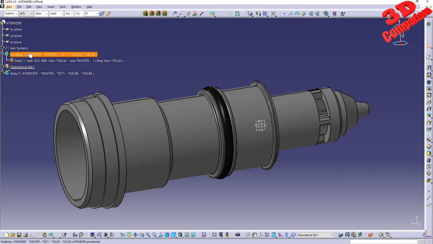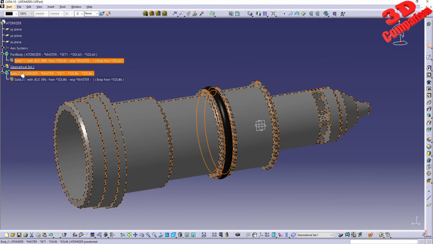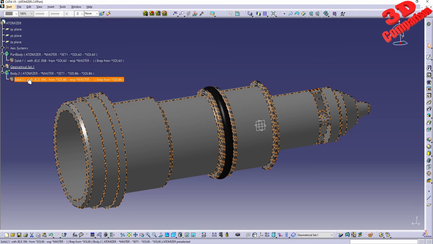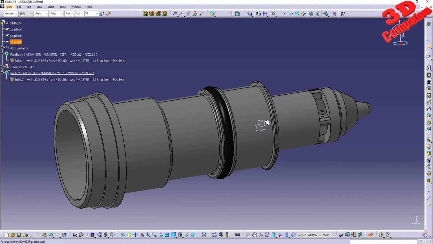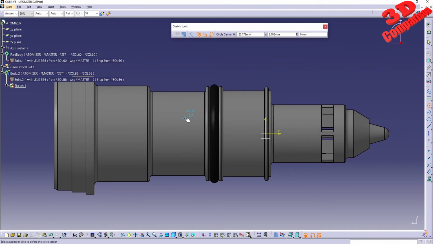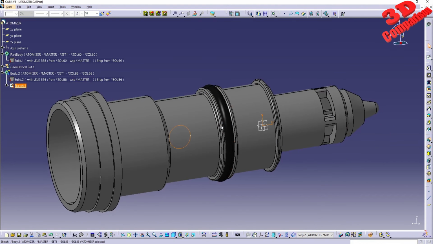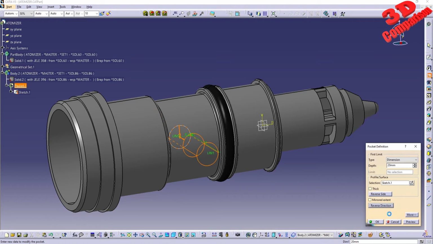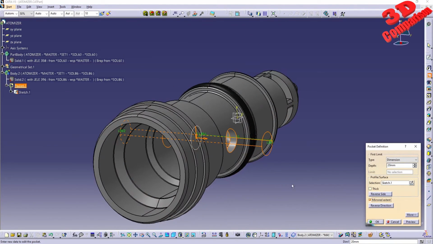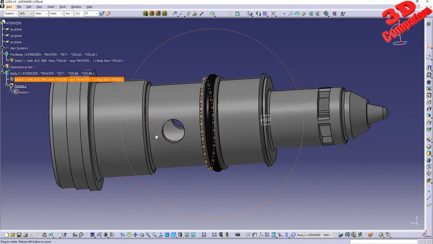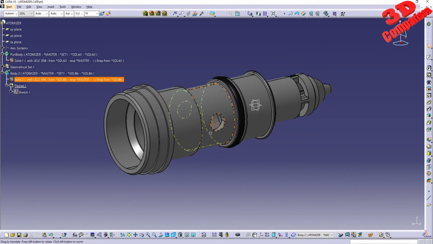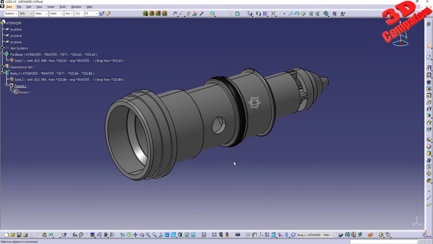And as we can see, we're gonna have the part body over here, which is this one for the sealing element. And we're also gonna have the other solid body, which will be this one. But now, since this file has been converted, we have the possibility to define this as a work object. I can go over here and start a sketch. And in this case, I will be able to do that cut. So for example, if I go with this mirror extend, you're gonna see that we can start working with that geometry. So this was a video regarding file conversion from older CATIA